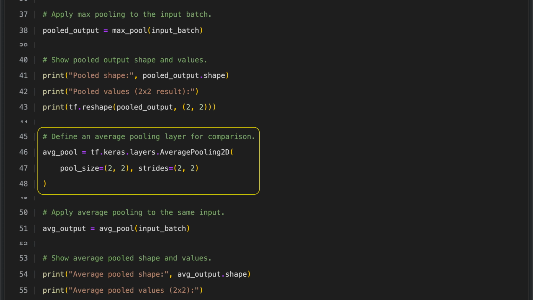In this example, an average pooling layer is created using TensorFlow's Keras module with a 2x2 window and a stride of 2x2. This means the layer moves across the input in steps of 2 units in each spatial direction. At each step, it computes the average of the values inside the window. This operation reduces the spatial dimensions of the input while preserving the average feature information, making it useful for downsampling